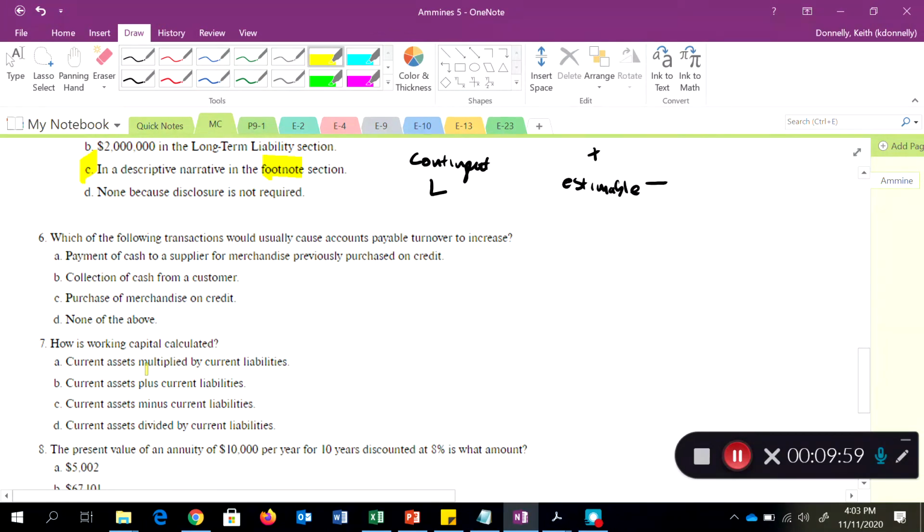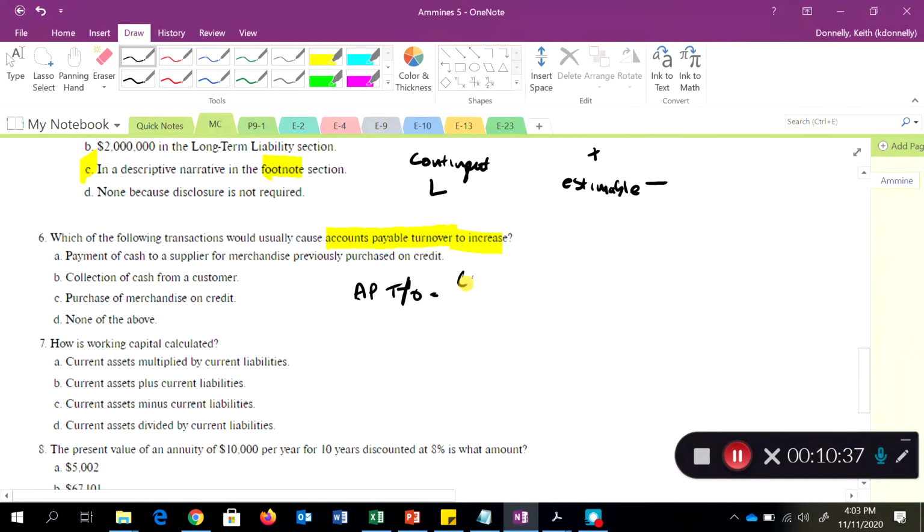Let's look at 6. Which of the following transactions would usually cause accounts payable turnover to increase? So remember I said with the ratios, there's a couple of different ways I could test you, like what is the definition of the ratio, like the actual equation? What is the ratio trying to test or measure? And then I could ask you, like, how does the ratio increase or decrease? So we said the accounts payable turnover ratio